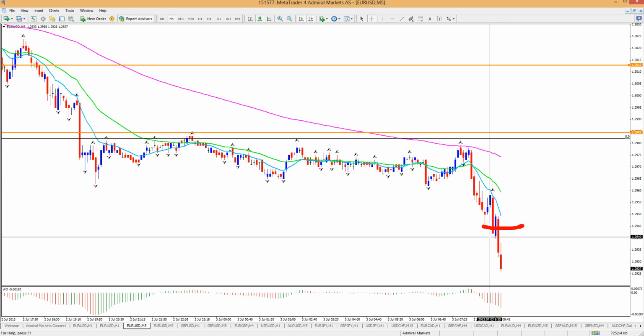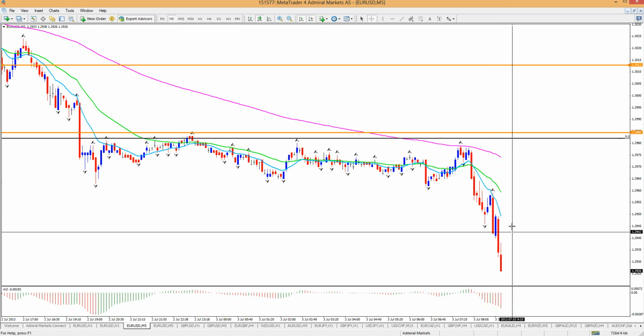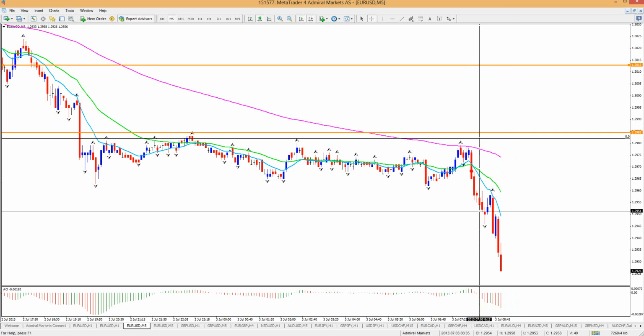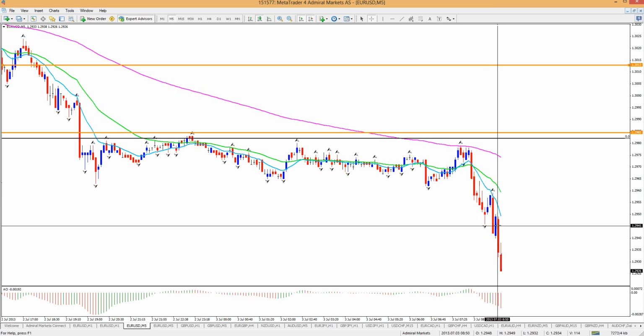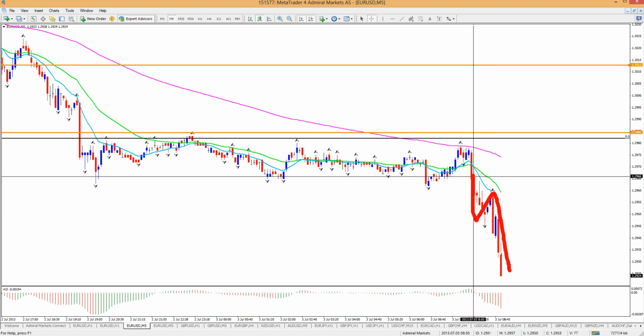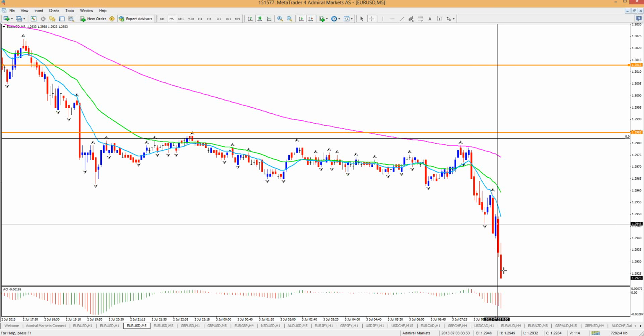Could have actually had an entry order here, but just assuming that the fractal would be here. I totally didn't realize that. That was actually the whole setup I was waiting for, but it escaped my attention because I was waiting for a fractal, but now it appeared, but now it's too late. That's stupid. Sorry about that, but that was actually the whole idea. The break, pullback, continuation. But yeah.